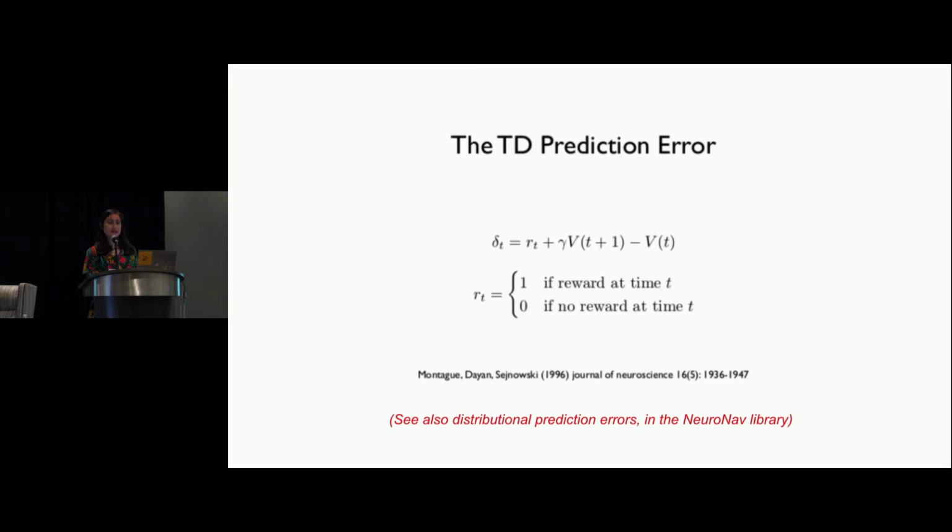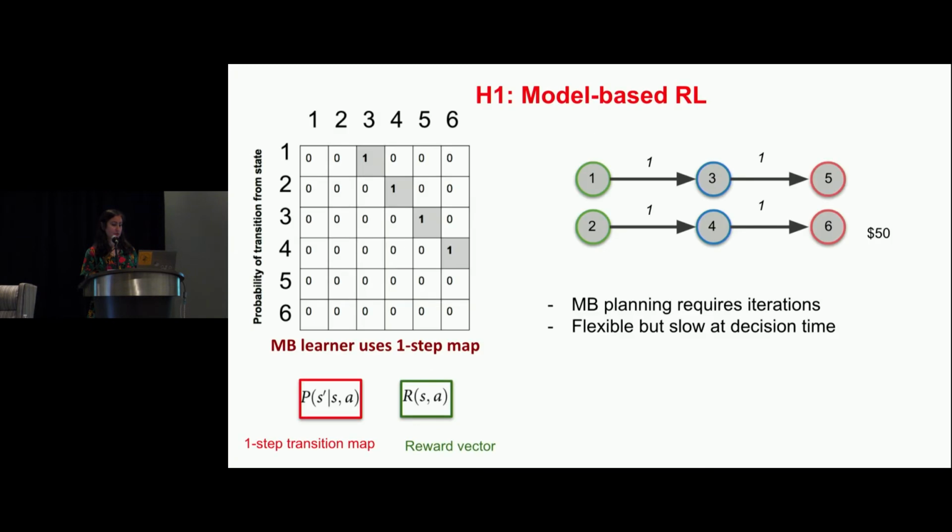It's been more complex now, and you can also see distributional prediction errors, beautiful work that has been done by DeepMind, also represented in the NeuroNav library. If you wanted to test it out, ask us about it also in the aftermath, which is the tutorial. All right, so model-based RL, which just to show you what the cognitive map looks like